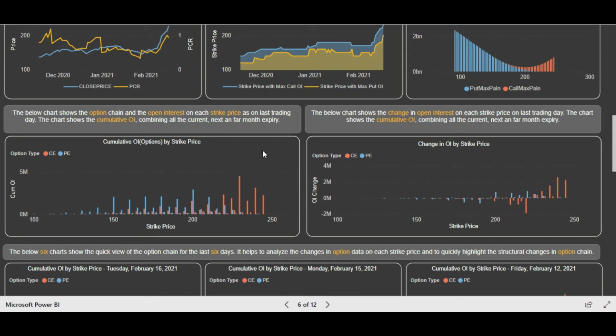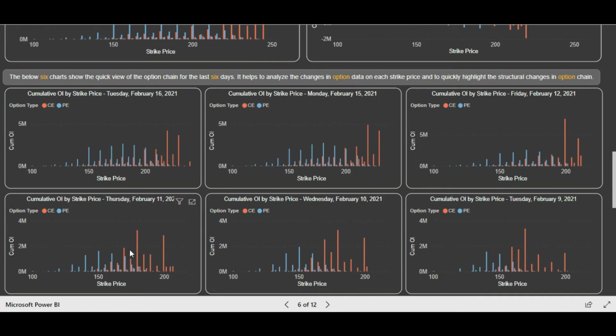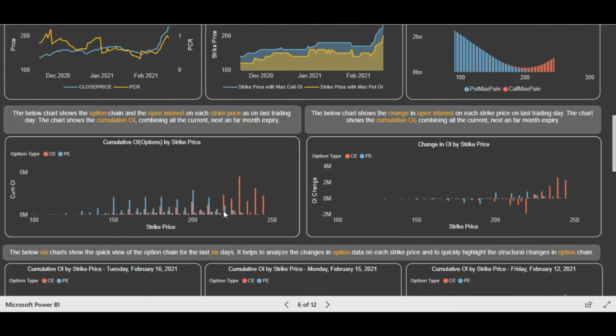Once you start doing the analysis this way, you can trail your profit also, and you can put your stop losses higher and take your trade to a higher level. Suppose you have already made a position and you want to see up to where you can move it. So you have to see the data every day and how the option chain data is changing. Obviously you have to analyze it in conjunction with the futures OI data also.